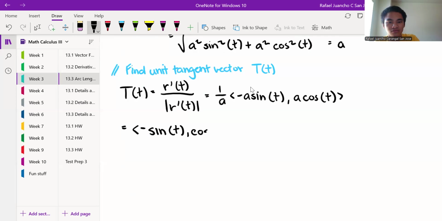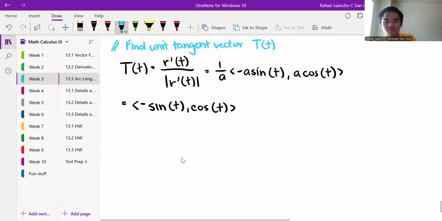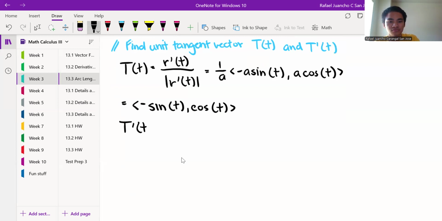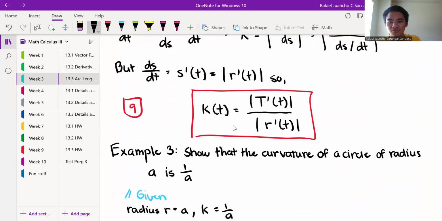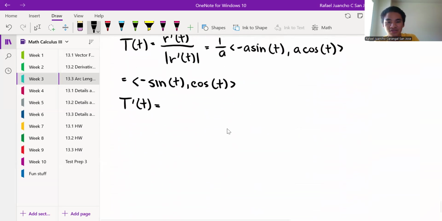And here we get cosine of t. Right? And so if I take the derivative of this, I'm just going to put in 2 steps, because I also need my derivative and then its length. So here I'm just really getting all the givens. If I take the derivative, I get negative cosine of t, and here I get negative sine of t. And then I get my magnitude